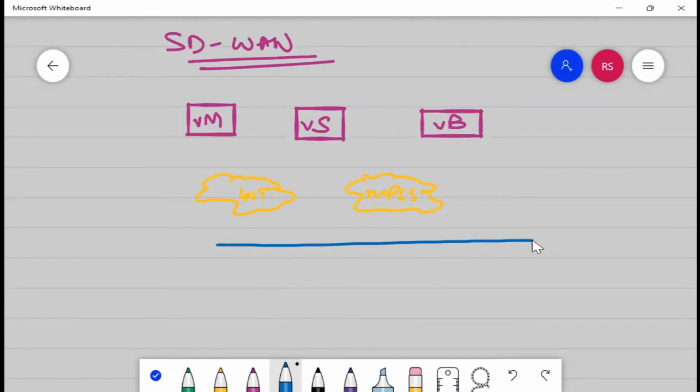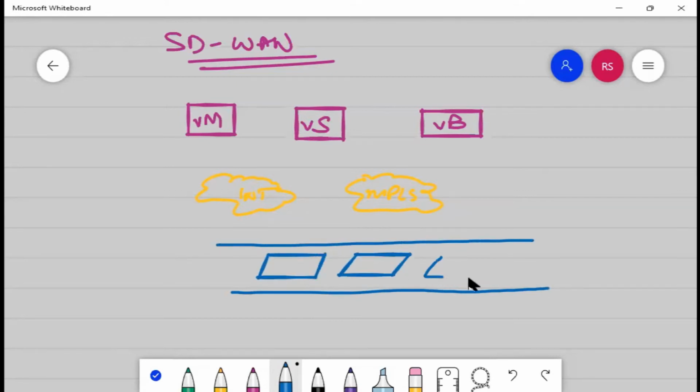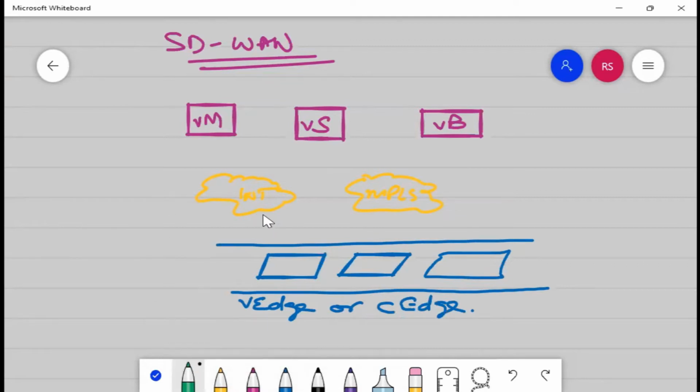And lower onto this layer, there are a couple of edge devices. These edge devices can be from Viptela or from Cisco, which means it can be vEdge or cEdge. There should be some connectivity in such a way. Okay.